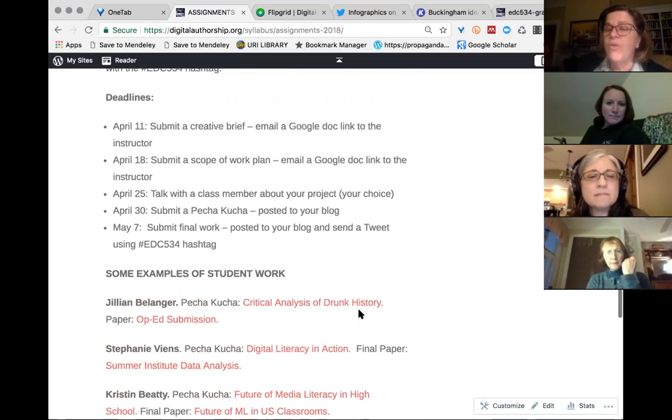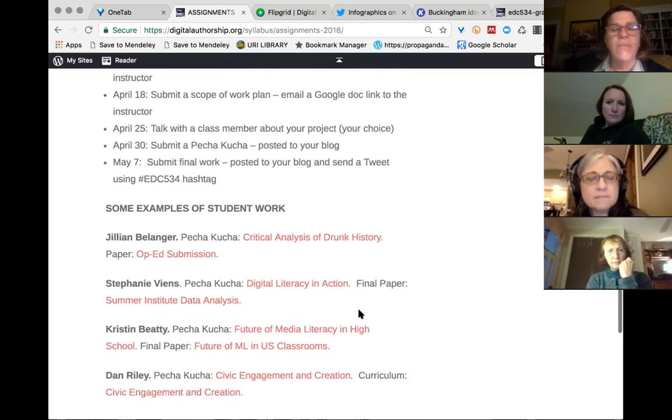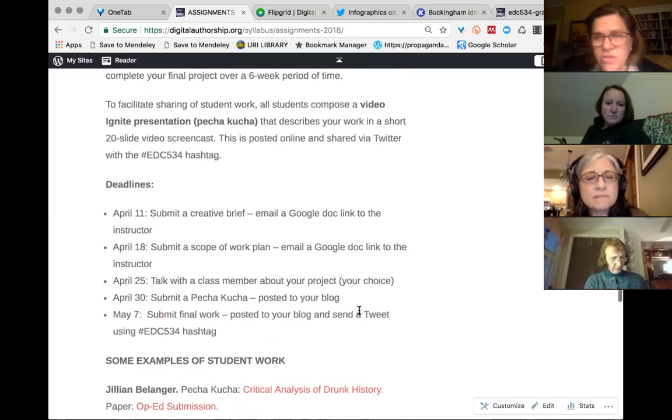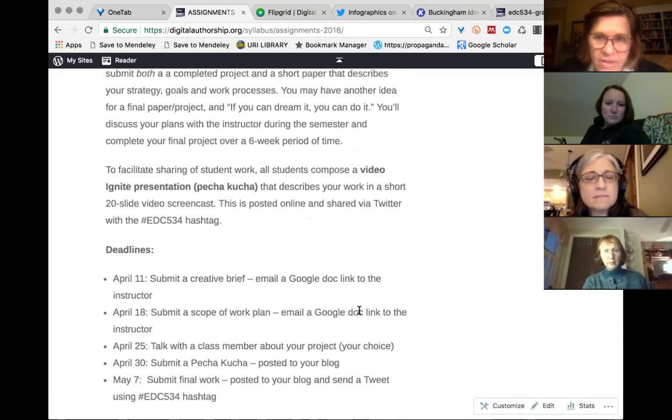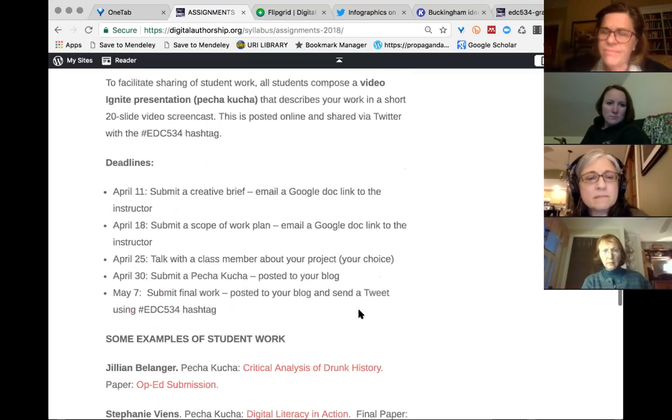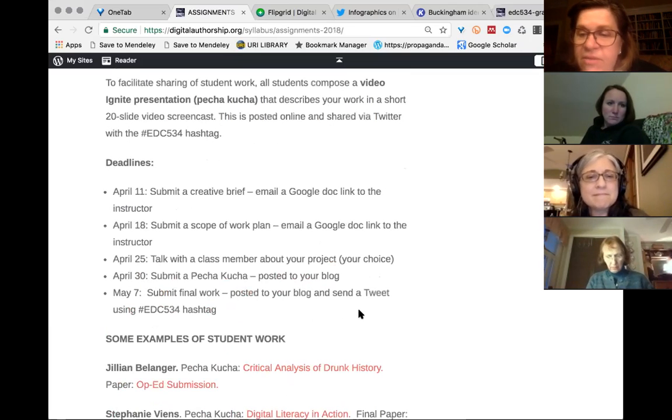So you can see examples from a bunch of different kinds of work. One of the reasons why there isn't a criteria for evaluation is that in true project-based learning, evaluation and assessment will be personalized. It'll be individualized to meet where your project is.